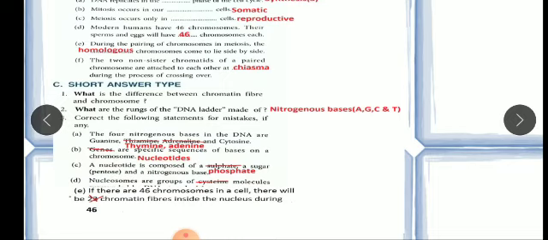Okay, so now children, I have just explained a few exercises here. Now we have D part and E part, which are diagram based questions, that we will do tomorrow, so that you will not get confused. Please solve the exercises in your book as homework.